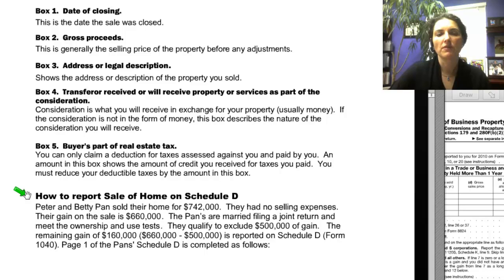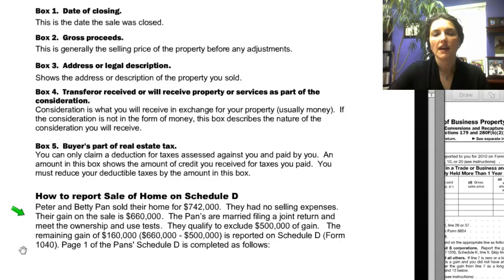So how do you go about reporting the sale of a home on Schedule D? Here is an illustration. Peter and Betty Pan sold their home for $742,000. They had no selling expenses, and the gain on the sale is $660,000. The Pans are married and filed a joint return and meet the ownership and use tests. They qualify to exclude $500,000 of gain. The remaining gain of $160,000, that is the $660,000 profit minus the exclusion of $500,000, is reported on Schedule D,